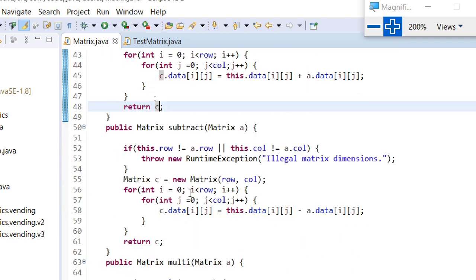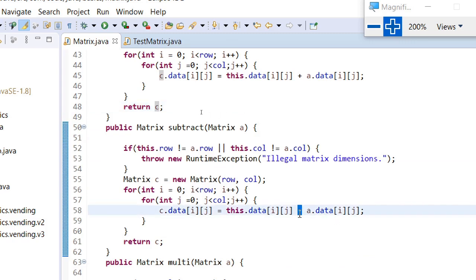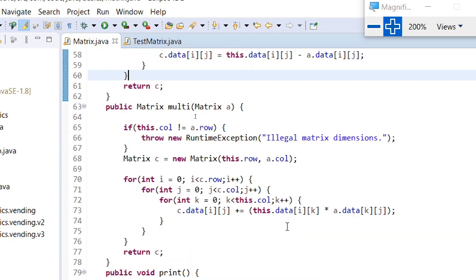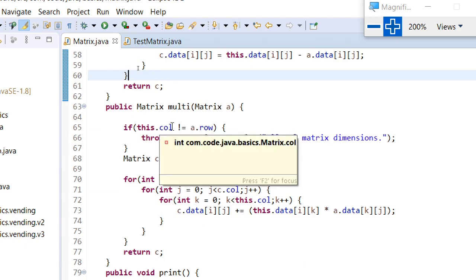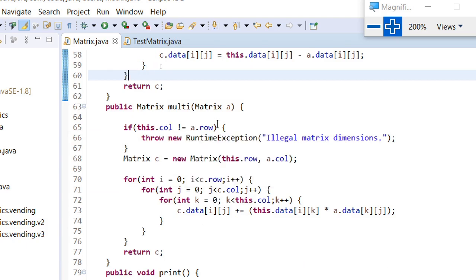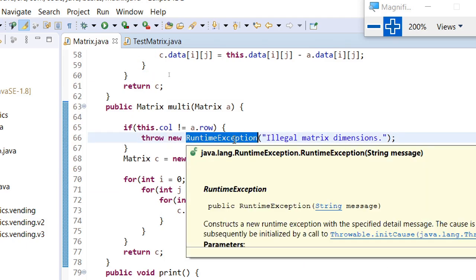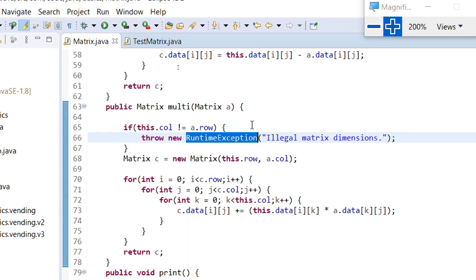Similarly, we have to do the same operation for subtraction. Only the operator is the change. For multiplication, first we have to check that the number of columns is not equal to rows. In that case, we have to throw a runtime exception. So you are aware of how we can do the multiplication for a matrix.